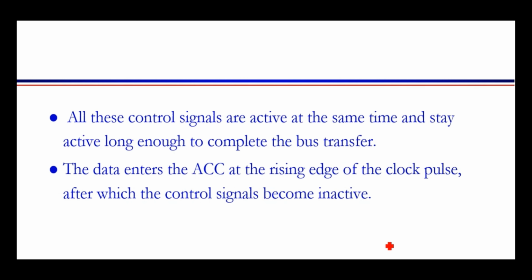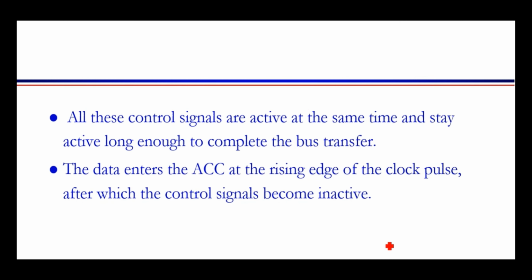All these signals which are generated from the control unit are active at the same time. Either a high level or a low level of the clock pulse will be used, or the rising edge of the clock pulse will be used, or the falling edge of the clock pulse will be used. So we have the option to use any one of these four configurations. In this case we use the rising edge of the clock to generate the different clock signals.